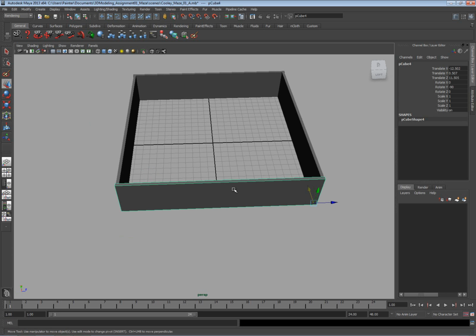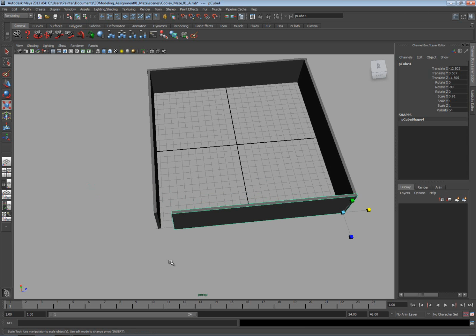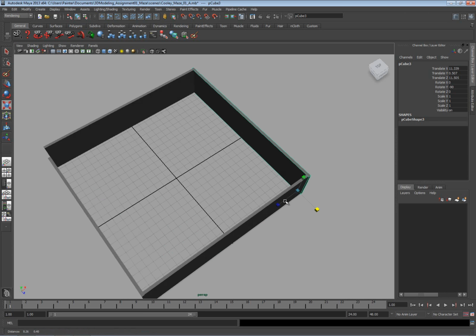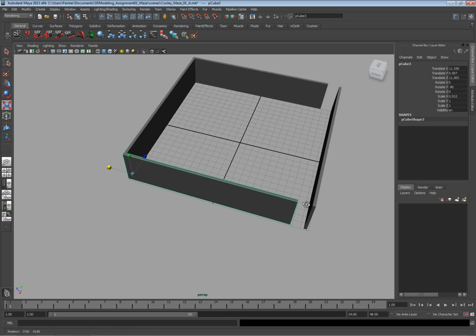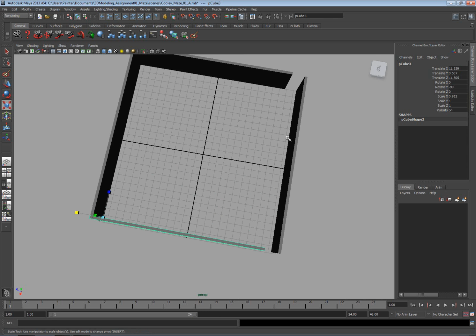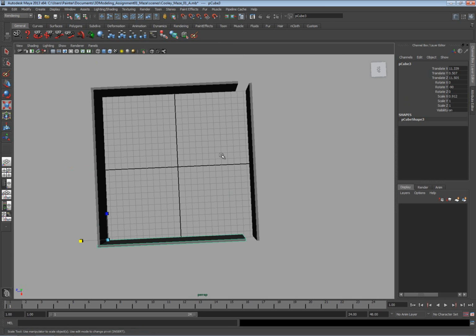Now, if you'd like to, you can take one side of your box and scale smaller, and that can be the entrance of your maze. And you can take the other side and you can scale it, and that can be the exit. Now right now it looks like a very boring maze because you can walk in and then walk out. But it's going to be up to you to decide just how long and how complicated it is to get